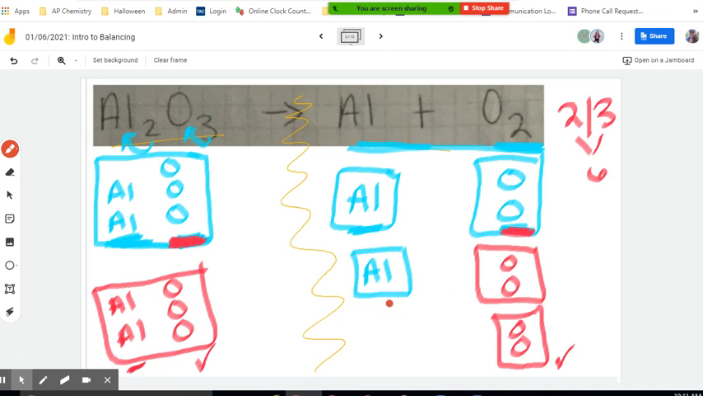Uh-oh. So all that means is we're going to come back over to my aluminums. I'm going to do this in another color so you can start seeing the steps when you come back to this slide later. So we're going to say aluminum, aluminum. And now I have my 4 aluminums, everything is balanced. So your last and final step, especially on today's assignment, is that you're going to